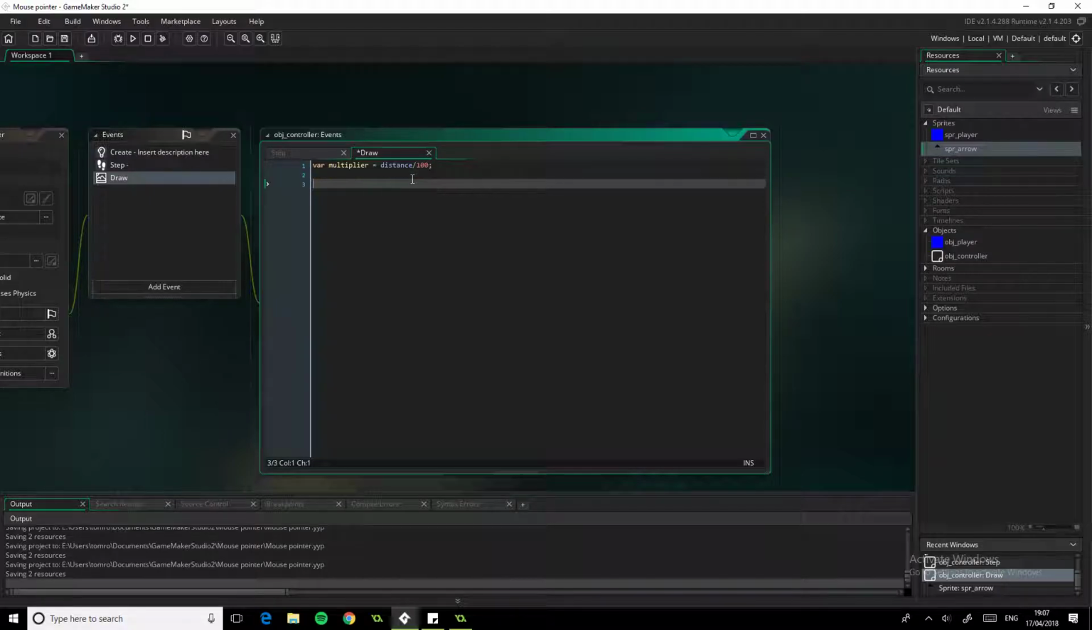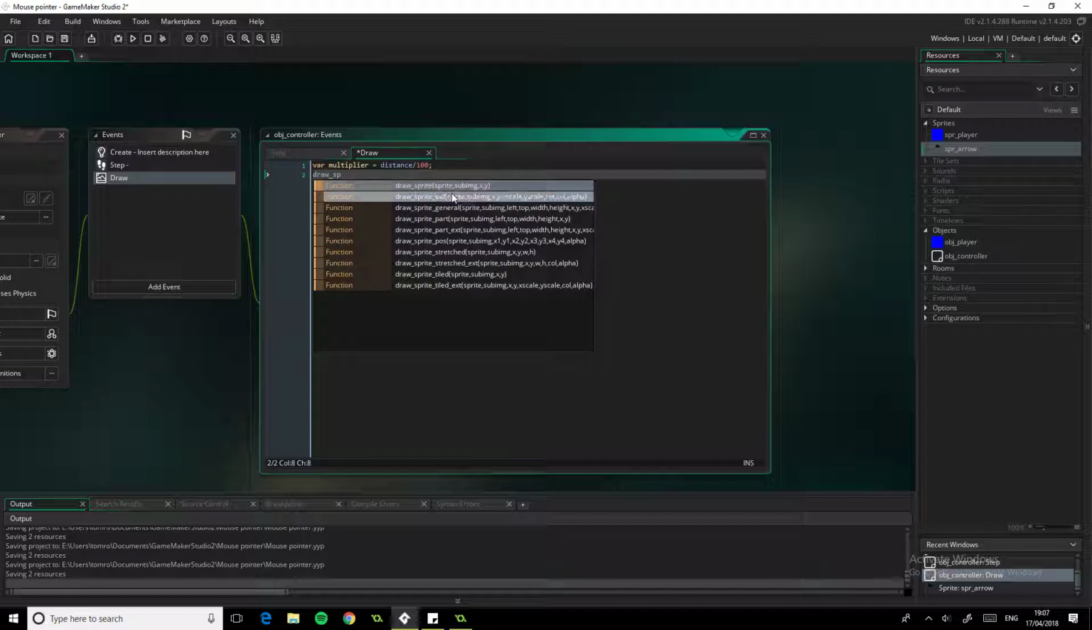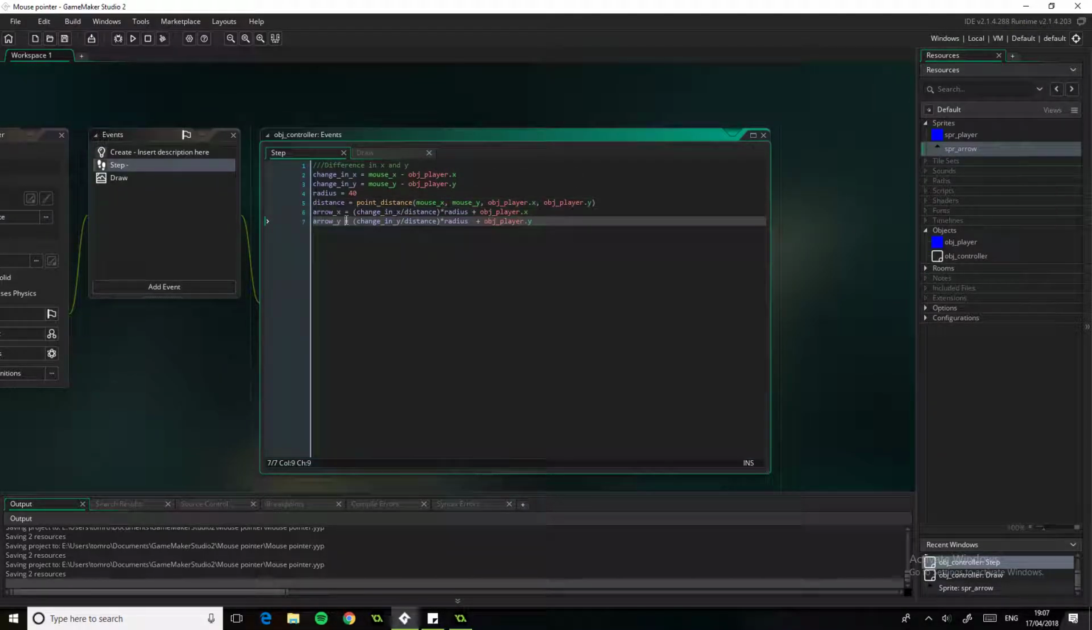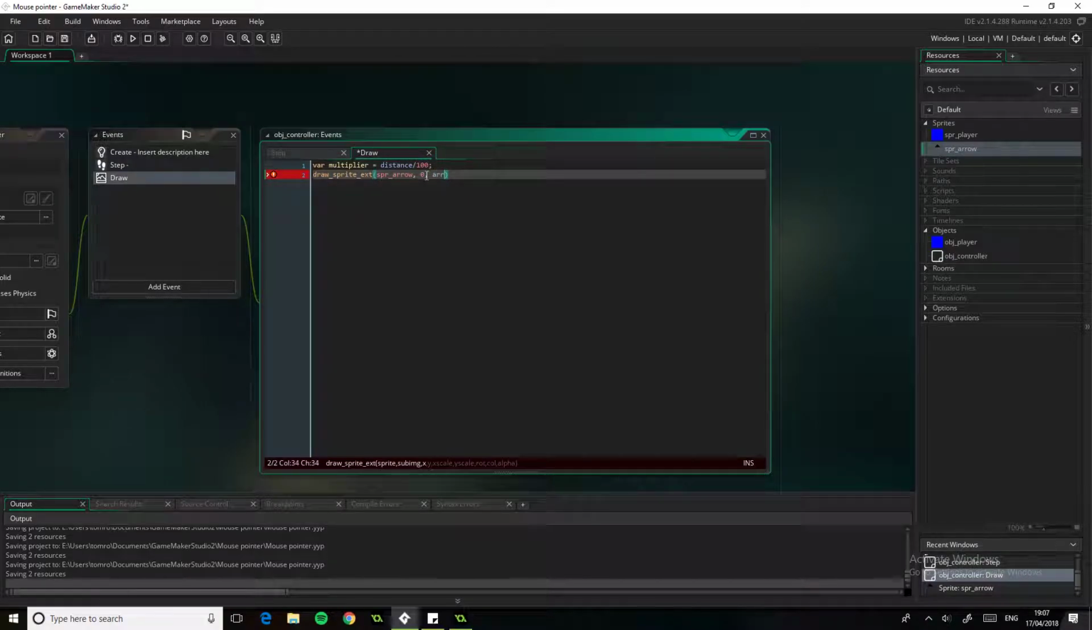Anyway, now the last thing we're going to do, it's only 2 lines of code actually. This one's quite a long one. It's draw sprite ext, or extended. We're going to draw sprite arrow, sub image even 0. The x is arrow underscore x and arrow underscore y, which we calculated earlier. The x scale is going to be multiplier, and multiplier for the y. Rotation is